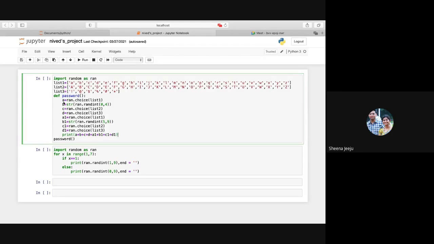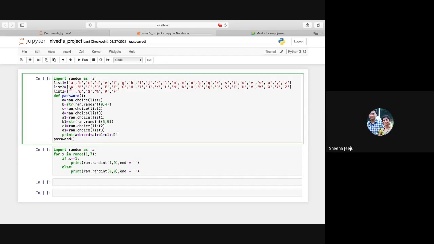In that I've given 8 variables. A will take a random letter from list 1, B will take a random number between 0 to 4, C will take a random letter from list 2, and D will take a random special character from list 3.